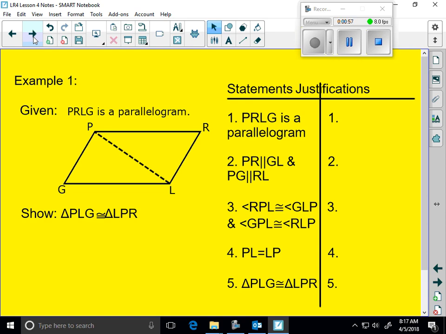So PRLG is a parallelogram. What do you suppose should be the justification for that? Given, right? It's written right here, given. Okay. Given. All right. PR is parallel to GL. How do we know that? Because it's a parallelogram. So I'd say right here, definition of, I'm not going to spell the whole thing out,